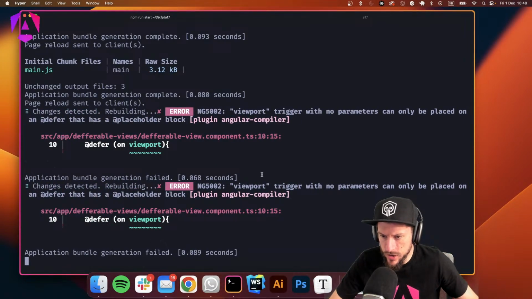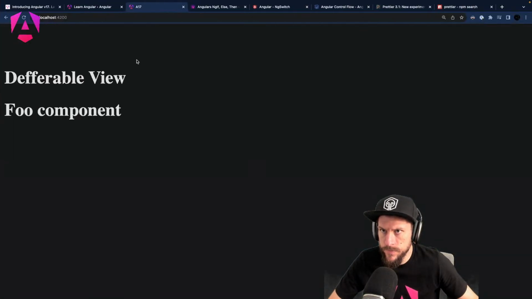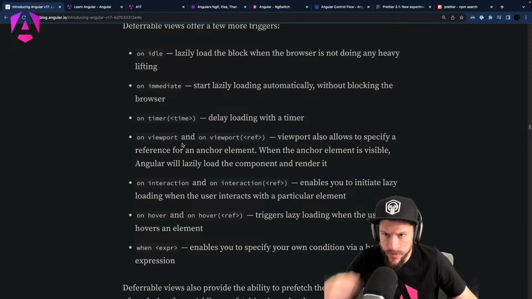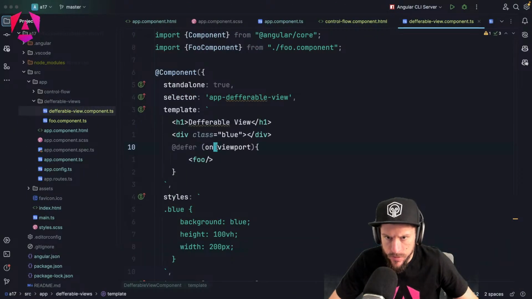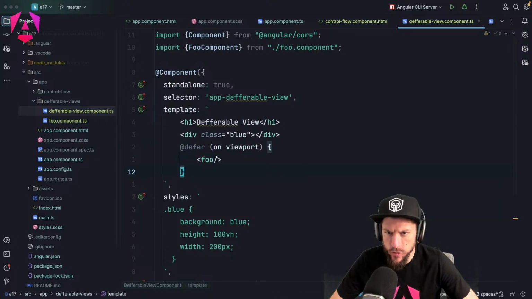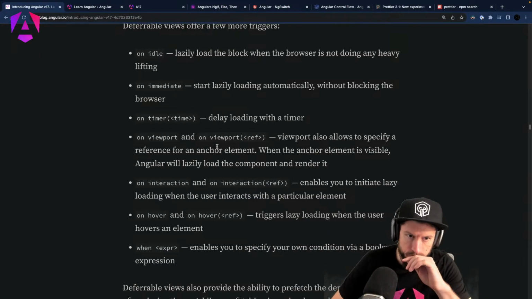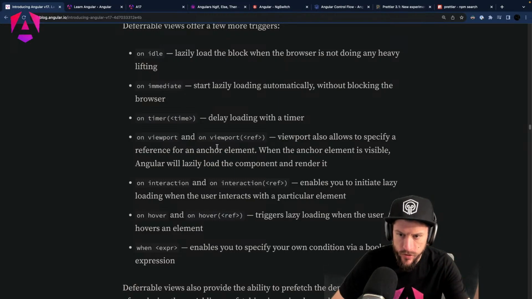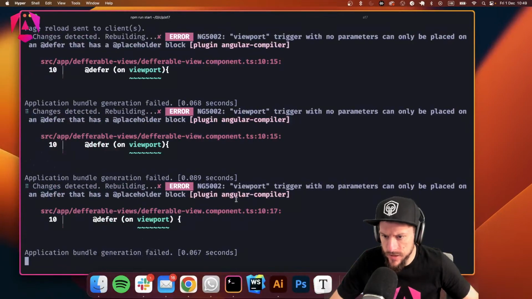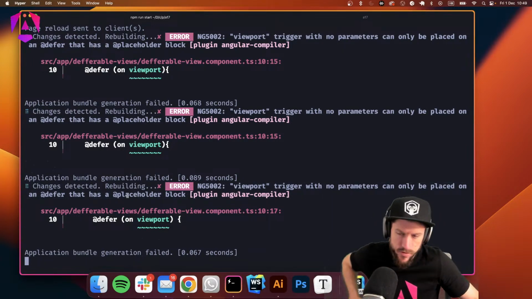So we are still cached. I thought it's like this, on viewport. Because they say on viewport and on viewport ref. And what is here? Yeah, you need a placeholder. Otherwise,